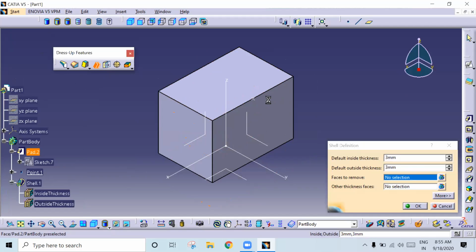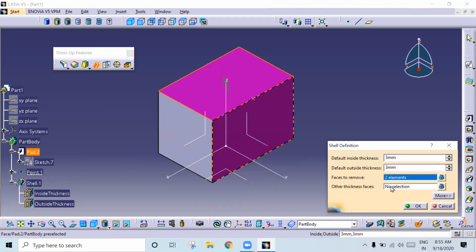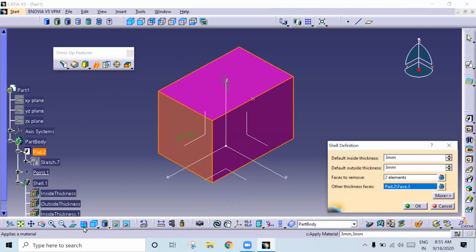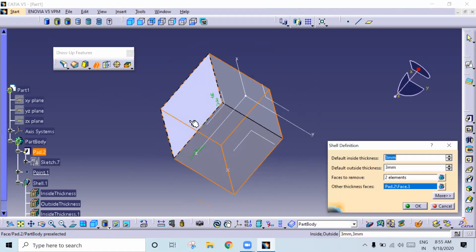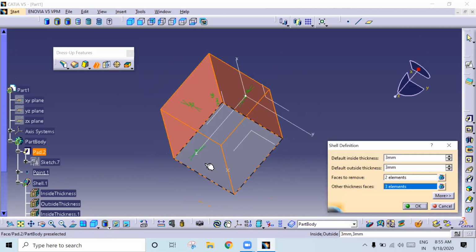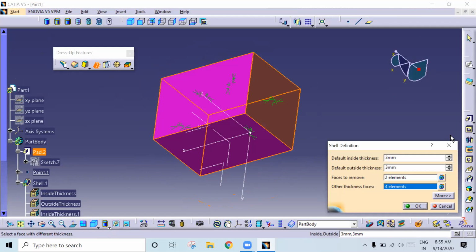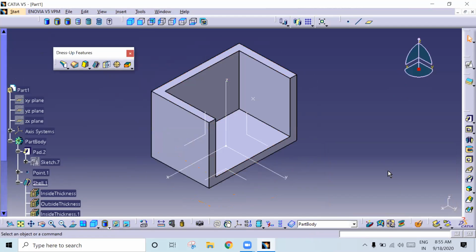So faces to remove. Now I will select two faces. Okay. Other thickness faces I will give 1. 2, 3, 4. See here. If you give okay, see it will create like this. All of you got it?